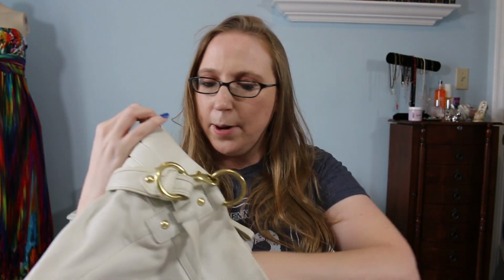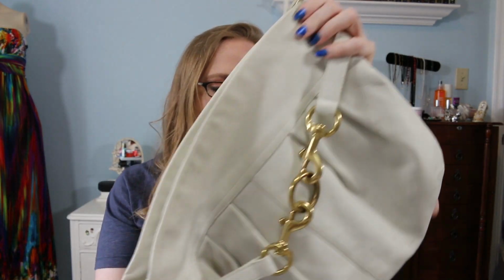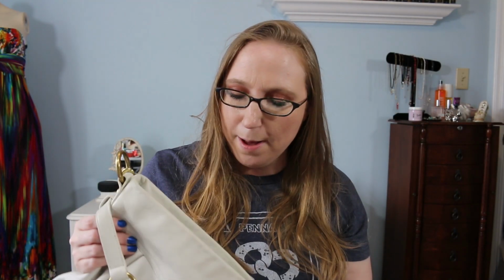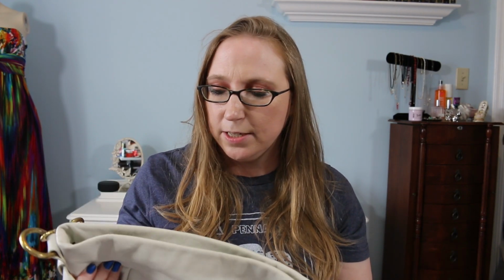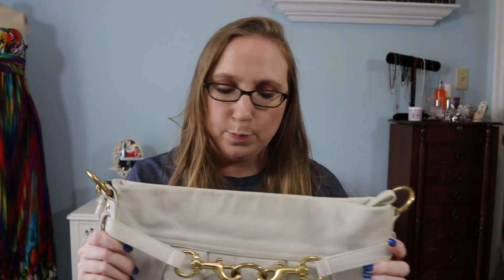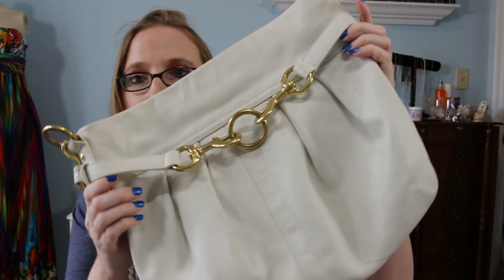I already looked in the pockets and there wasn't anything. But yeah, this was $5. There are a couple marks on it, a couple spots, but I like cleaning stuff up. I just got new leather cleaner and conditioner, so I will take a little bit of time trying to spruce this baby back up and get it listed then. So for $5,